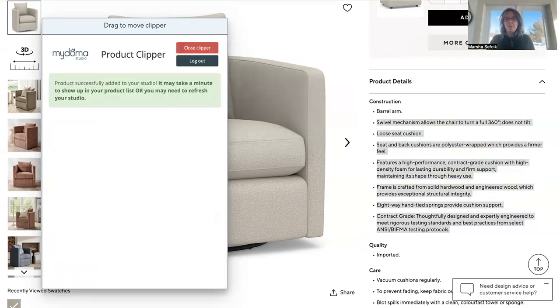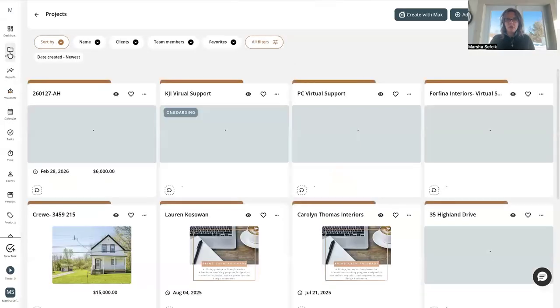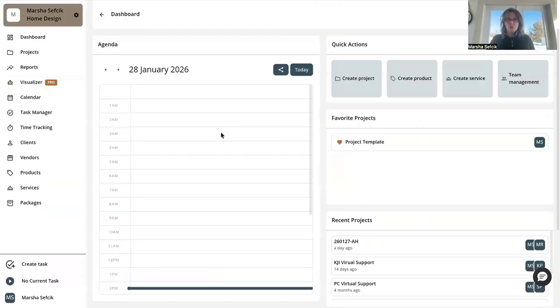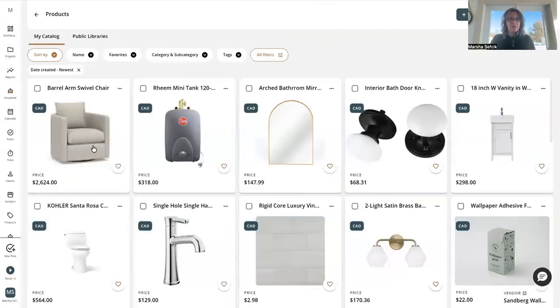So now when we come back to our studio, the first thing that I want to do is go into projects dashboard. I added it to my sample project, which I did not. Let me go into the product catalog. First of all, I'm okay. So